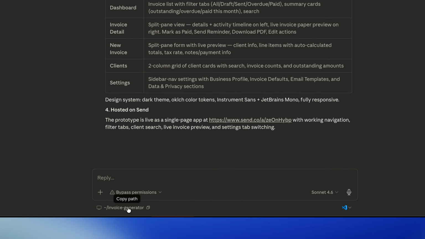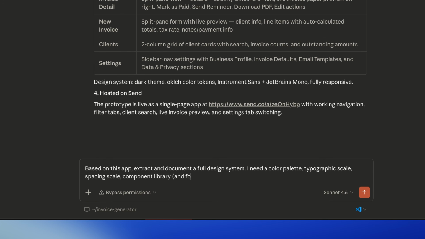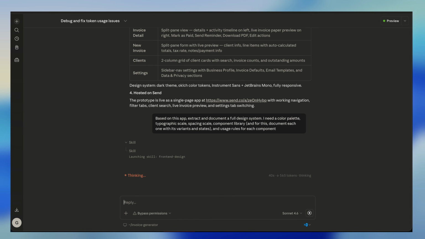So with our working directory selected so that Claude has context, I'll say based on this app, extract and document a full design system. I need a color palette, typographic scale, spacing scale, component library, and for this one, document each one with its variants and states. And lastly, usage rules for each component. So this is one of those parts of the design process that AI was honestly bound to handle for us at some point. It was just a matter of when. And this workflow will save you a ton of time if you document or maintain design systems in any kind of way. This method is also super useful if you want to share your design system specs with anybody else